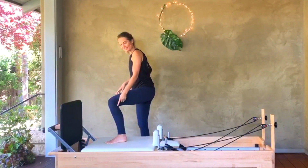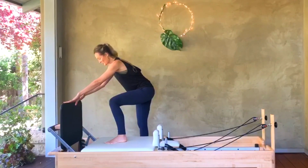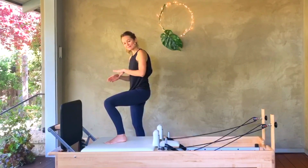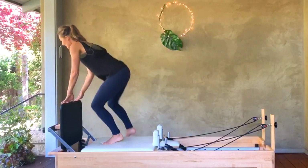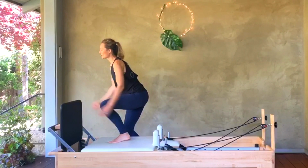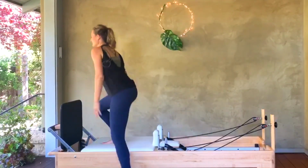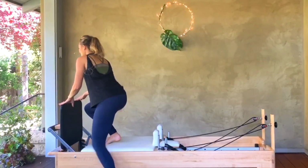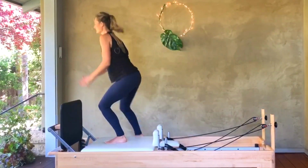Now I'm gonna bring that left foot into the center of the carriage. Hands can go on just lightly on your jump board. We're gonna hop up and over and up and back. We're gonna do that 10 times each side. Here we go. Light on the feet, up and up and up. Now, if you wanna do this without touching the jump board, you're gonna get more cardio out of it. So I invite you to try that, but you can come here if you need to. No problem. Wherever you're at,